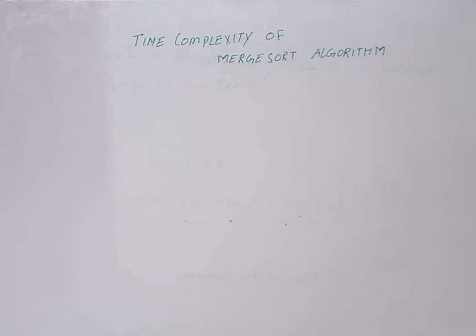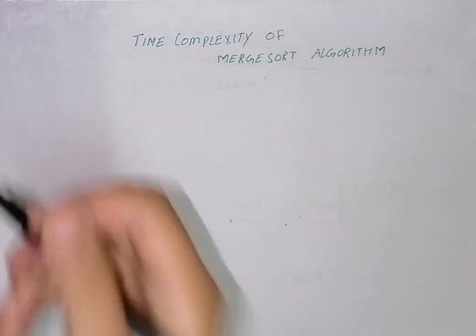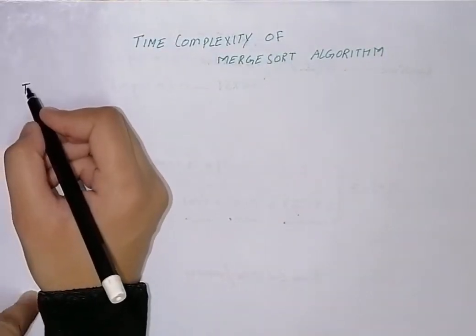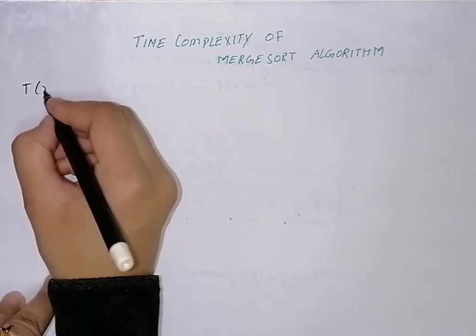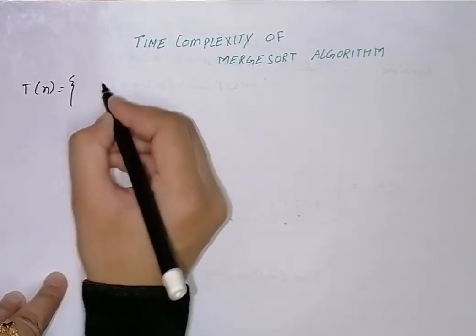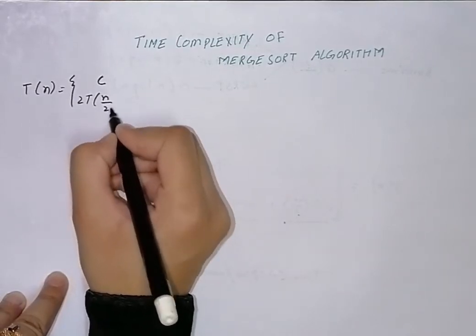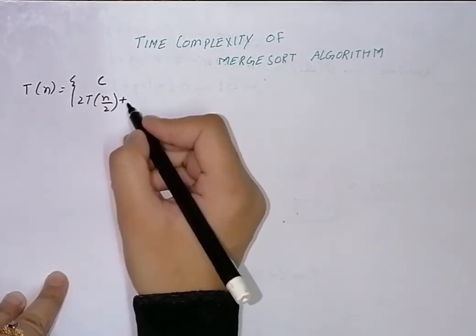In order to compute the time complexity of merge sort, the first thing we must know is the recurrence relationship, or the equation, that governs this algorithm. So I'll write it here. The merge sort recurrence is: T of n is equal to C if n is very small, otherwise it is equal to T of n by 2 plus